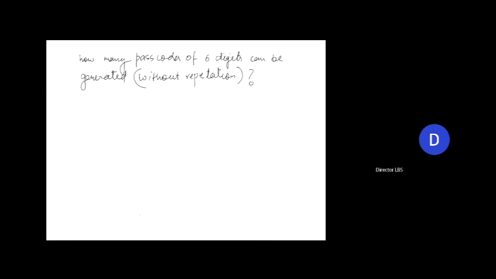अब क्या होगा इसमें? Again the numbers are from 0 to 9, 10 numbers are there and I have to pick in total 6. So the problem is going to be 10P6. And how much is the answer? It is going to be 10 factorial divided by (10 minus 6) factorial. That is the formula.